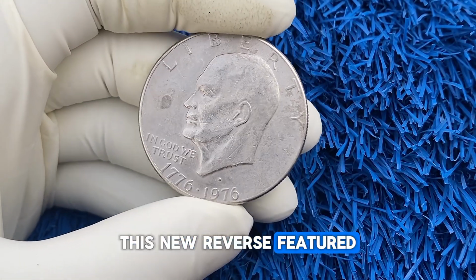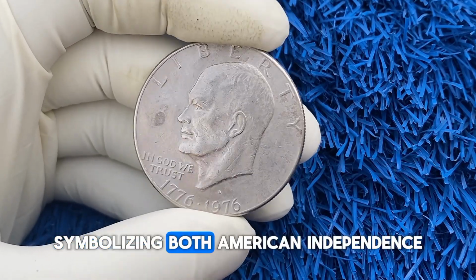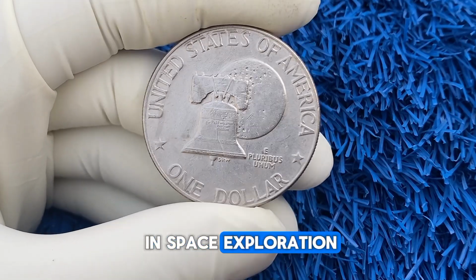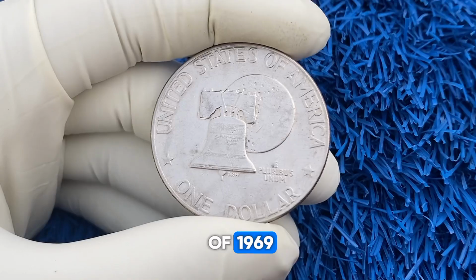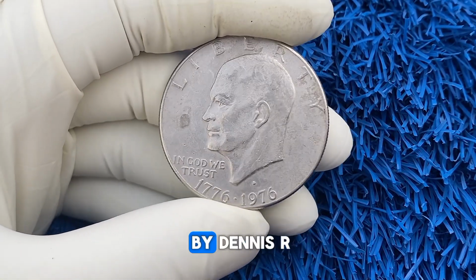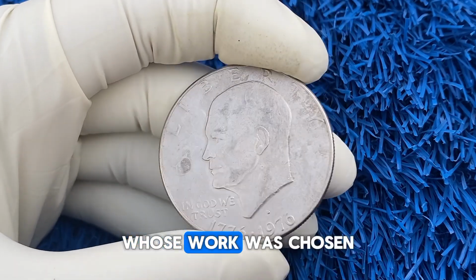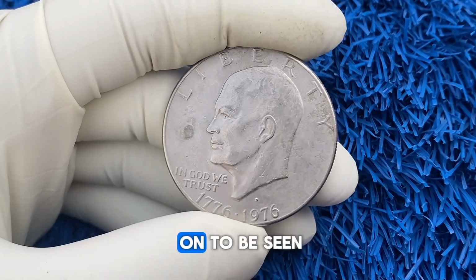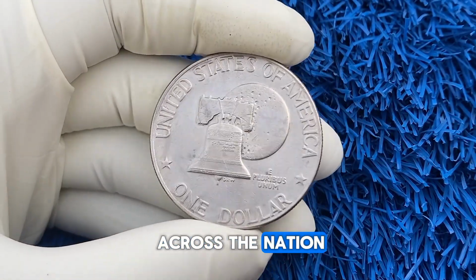This new reverse featured the Liberty Bell superimposed over the moon, symbolizing both American independence and the country's achievements in space exploration, including the moon landing of 1969, which had occurred just a few years before the design was created by Dennis R. Williams, a 22-year-old student whose work was chosen from a nationwide design competition. His art would go on to be seen by millions and held in hands across the nation and even across